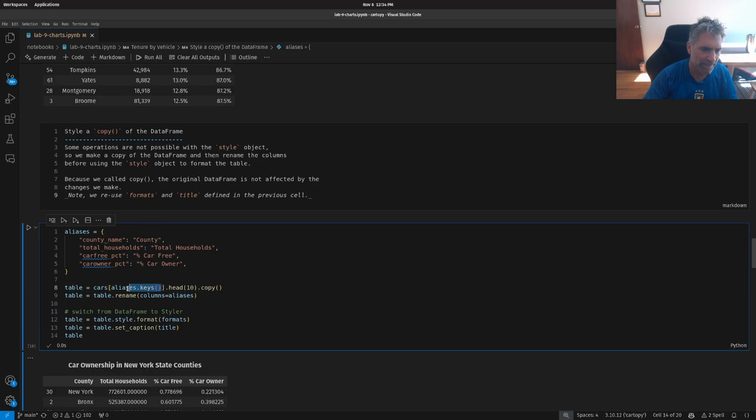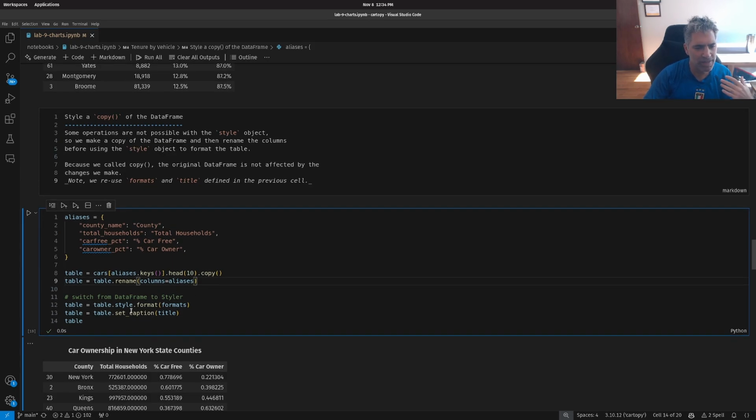Calling keys gives me just the left side of this dictionary, right? We've done it for fields. We're doing it again here to get a subset of columns. And I get the top 10, and then I make a copy of it. So now table is actually a real data frame. I rename the columns,